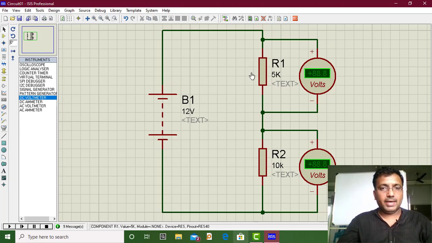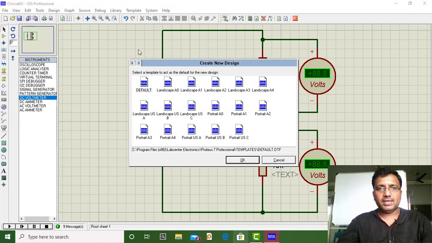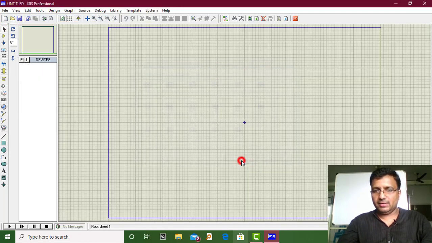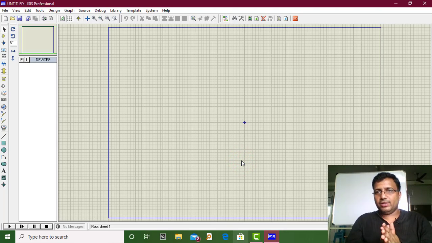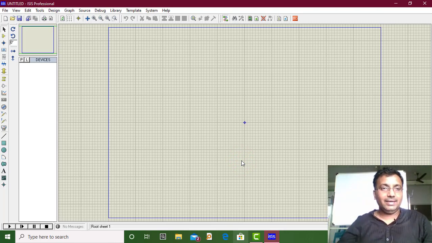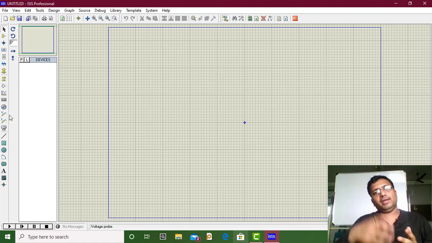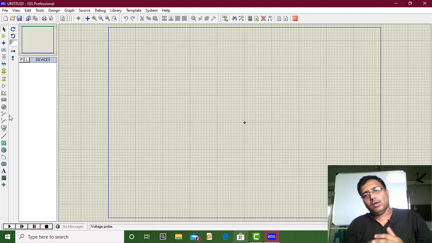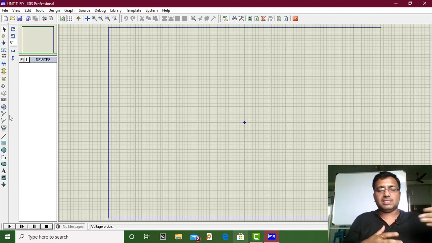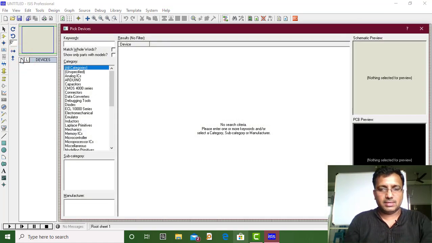Okay, next we'll do a new circuit now. Go to File, New Design. Once I click New Design, select a default design, click OK. So again the default design will open. This is a new screen where we'll draw a second circuit. We'll study a circuit of an alternator. So how an alternator works, like how AC supply will flow from the source to the end. For that we require an alternator. So I will go again to component mode, click on parts and type alternator.